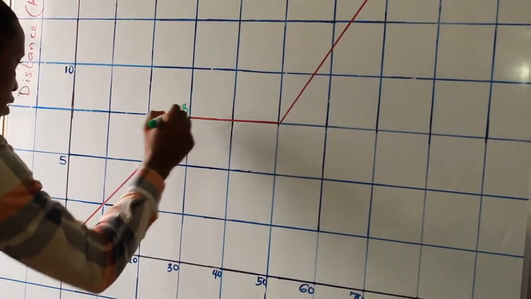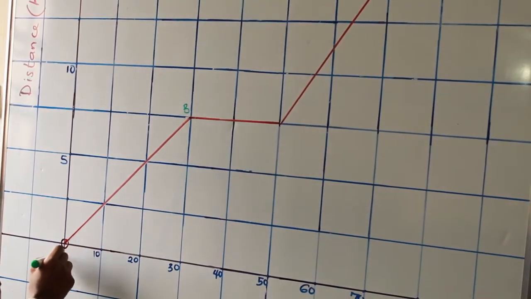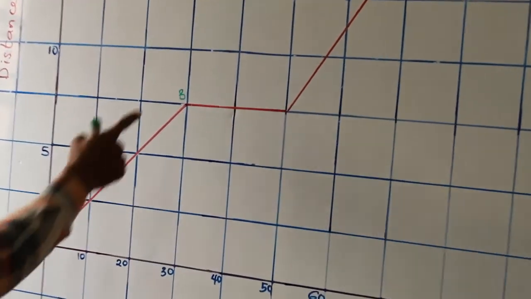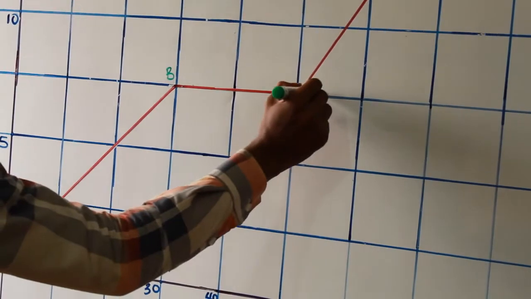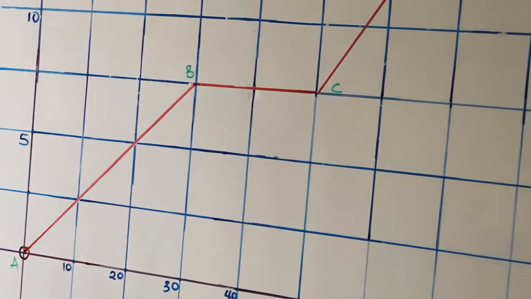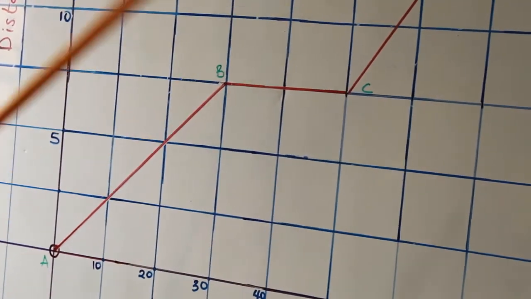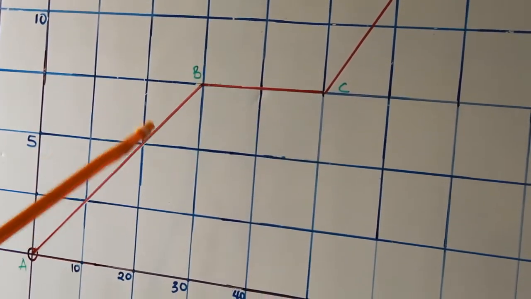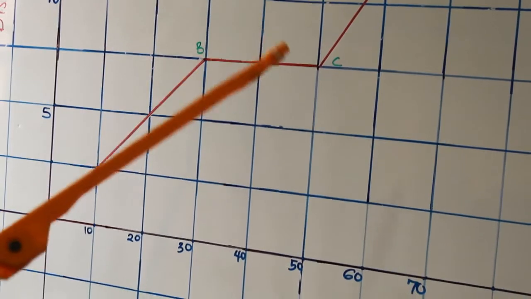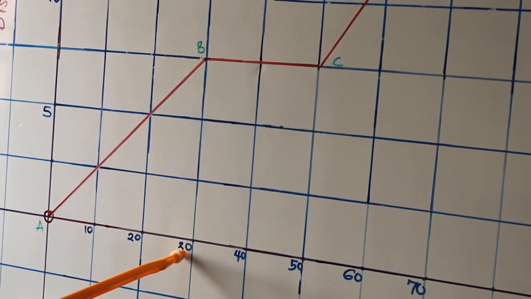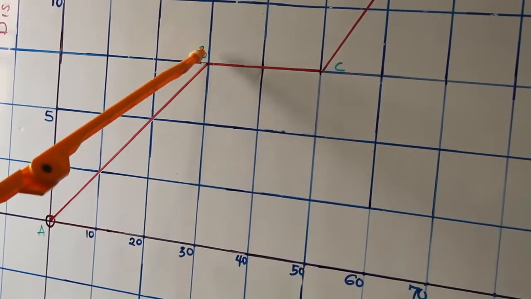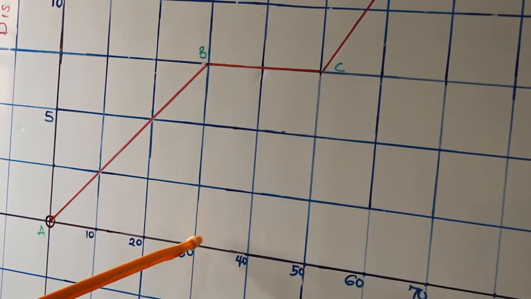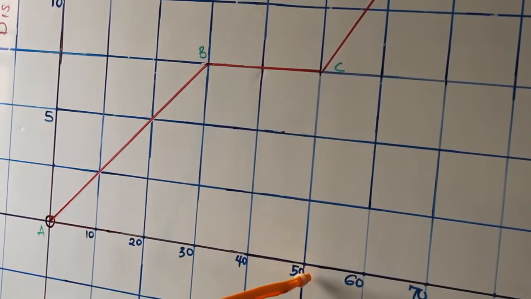This is point B, assuming he started his journey at point A. This is point B, and this is point C. Now, between point B and point C, he had spent some time. How much time did he spend? From 30 minutes, he was there at point B, and he did not leave point B until it was 50